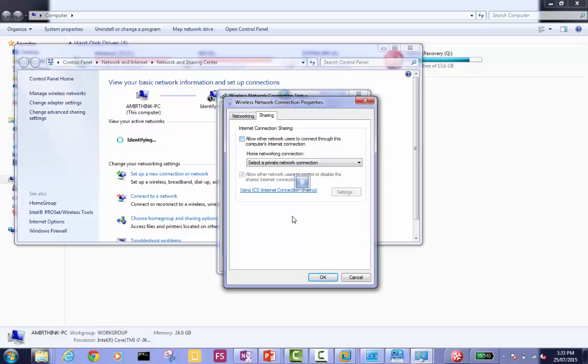I just had the modem, so I did this. If you don't have a wireless modem from your ISP, then you can make your laptop, which has just one cable receiving internet from your router, share that internet connection with everyone else. This could become your router, right? In that case, you don't have a Wi-Fi.